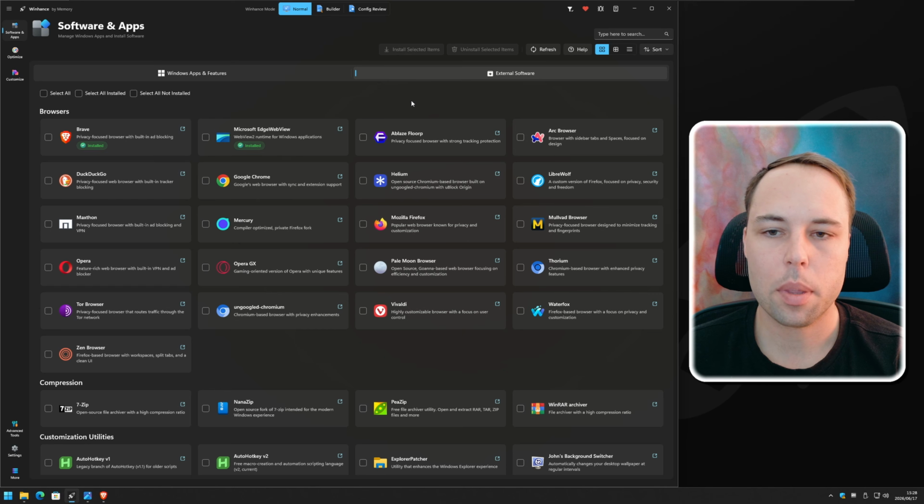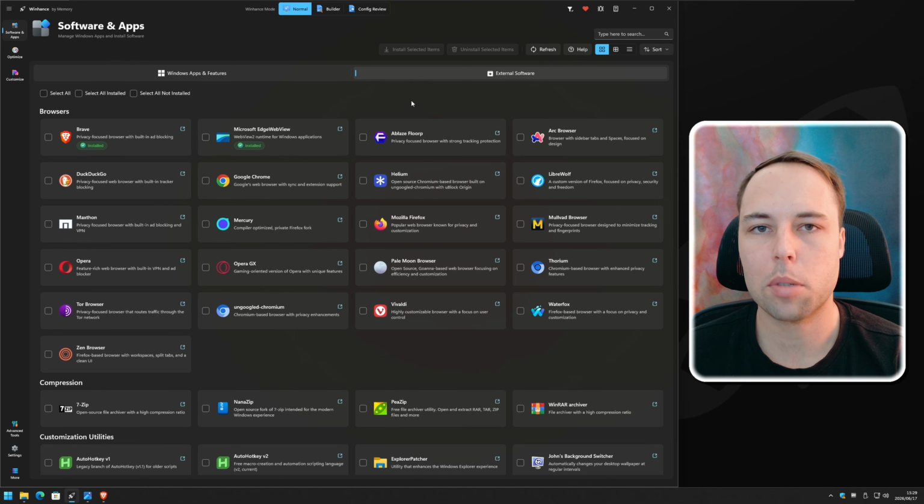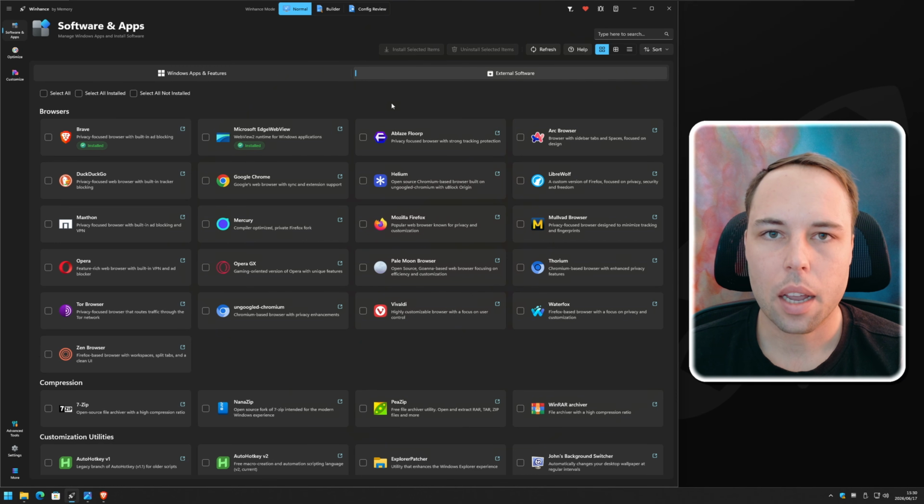That's why using something like a package manager is so nice. It's because you can select a range of software and then install them without having to manually sit there and click through every single dialog box. So if you want to use those types of installers, it's best to just download them from the internet, from that specific app's website themselves, instead of using something like Winhance. The entire point of doing it like this is automation. It's so that you don't have to sit and click through all of those dialogues manually.